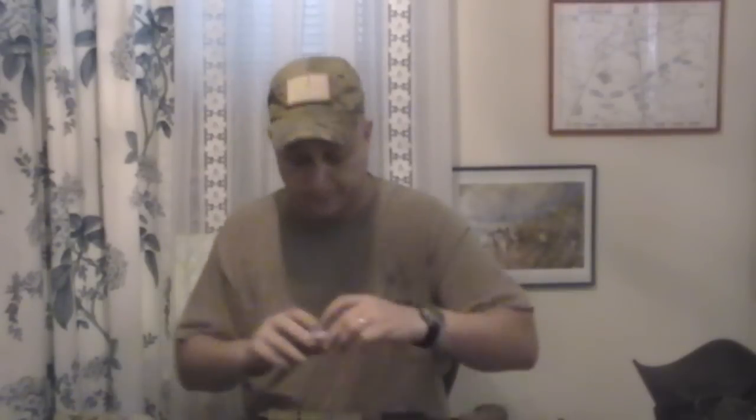I say cloth because paper will scratch your inner barrel. If you spend a lot of money on your barrel, you're not going to want to put a paper towel through it. Those paper towels are going to scratch your barrel and leave imperfections. So what you're going to want to use is a soft cloth. What I use is Hops number 9